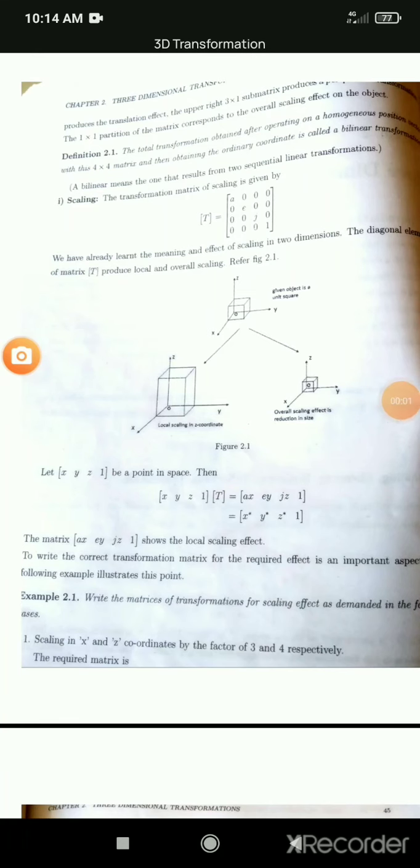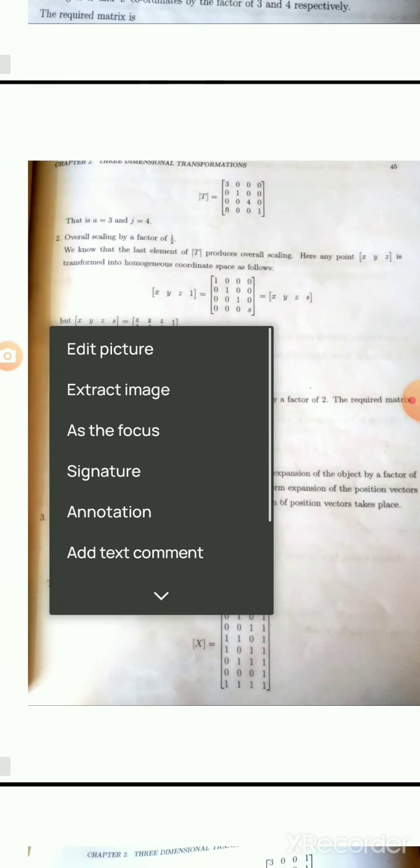Hello students, in the last video we saw scaling. Now see the example. Write the matrices of transformations for scaling effect as demanded in the following cases. First case is scaling in x and z coordinates by the factors 3 and 4 respectively. So the required matrix is T equals to